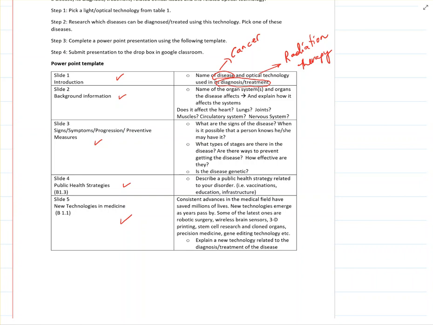Slide 4, you are talking about any public health strategies that are out there related to your disorder. Okay, so basically, what is a public health strategy? It is something that is a mass level communication, or something that the community or the society as a whole does to prevent that disease. So for example,